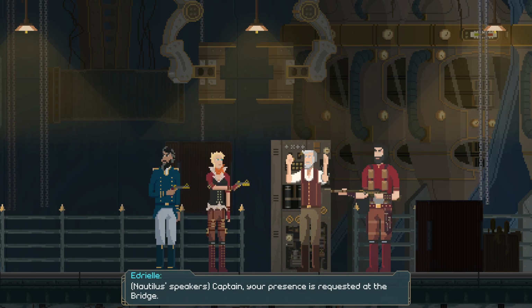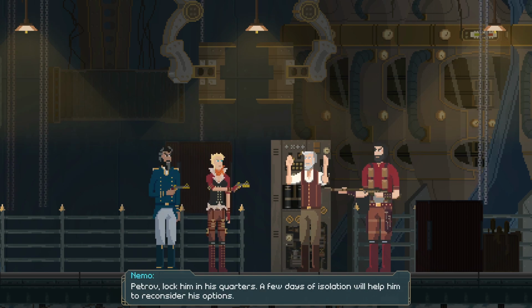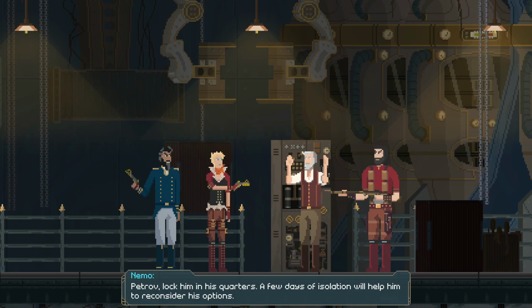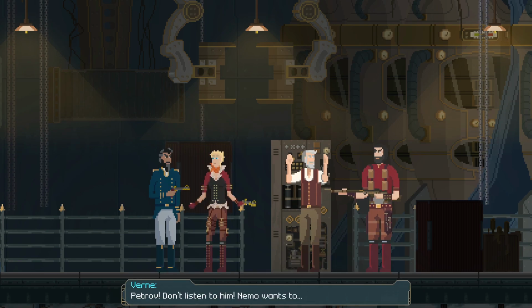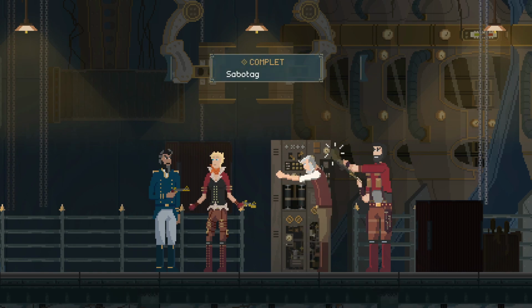Captain, your presence is requested at the bridge. Lock him in his quarters. A few days of isolation will help him to reconsider his options. And lock Nadine in the holding cell. Petrov, don't listen to him. Nemo wants to...